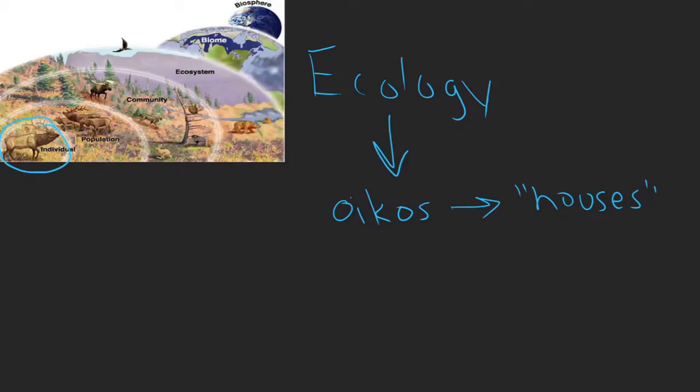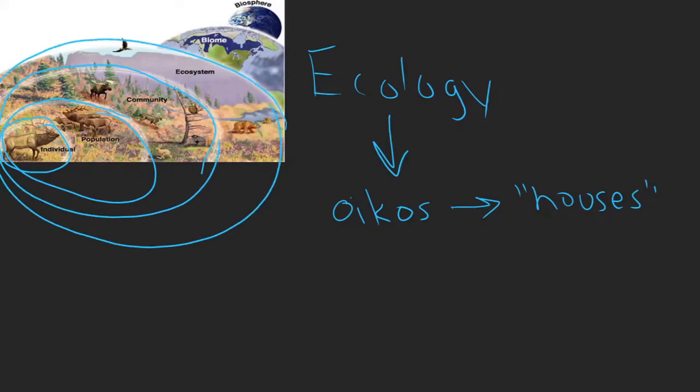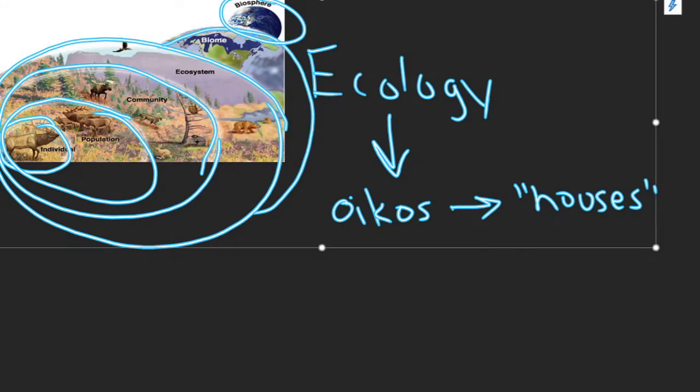We have our smallest house or level of organization at the individual level, just one organism. Then the same species of organisms all put together in one area at one time, that's a population. All the populations in an area is a community, which makes up an ecosystem when you figure in the abiotic factors. We'll talk about that in a moment. We have biomes, and finally the largest, the entire biosphere, the whole portion of the earth that supports life. So what I want to do with the rest of the video is talk about why we should study ecology and why it's important, but I also want to dive into these levels of organization a little bit. So let me clear all the screen here.